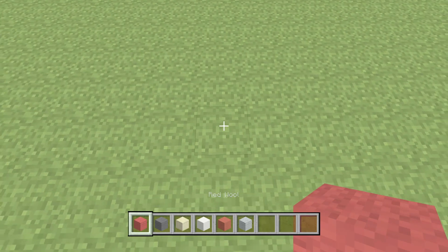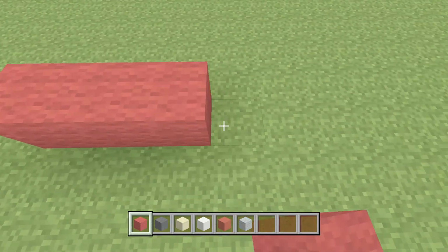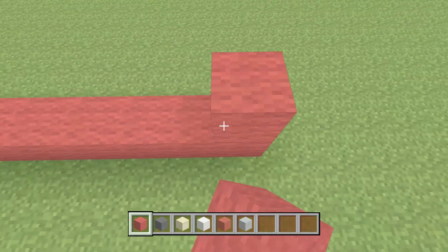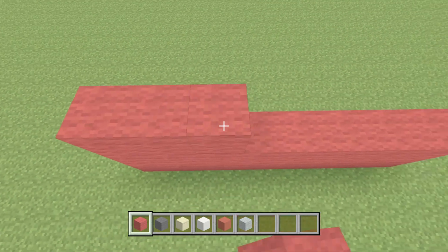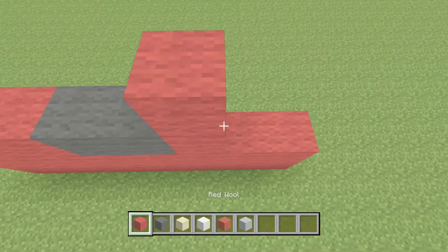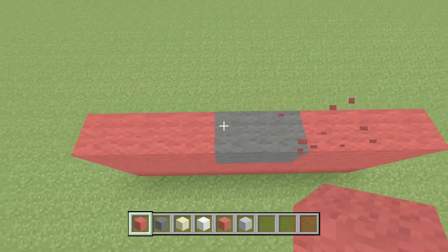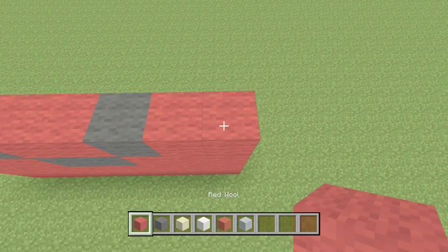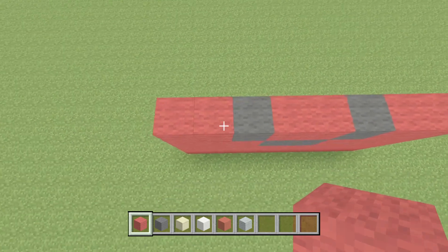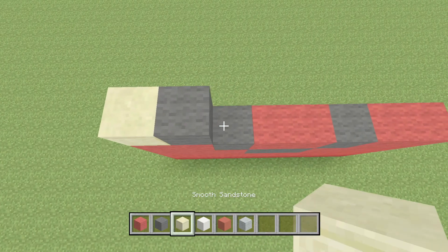Okay, so you want to do 2 rows of red wool, so 1, 2, 3, 4, 5, 6, 7, 8. Then for the next row, 3 red wool, 2 grey wool, and 3 red wool. Then for the next row, 2 red wool, grey wool, 2 red wool, grey wool, 2 red wool. Then for the next row, grey wool, grey